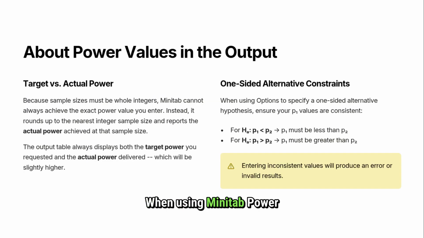combination. When using Minitab power and sample size, you may notice that the actual power reported in the output is slightly different from the target power that you entered. This occurs because sample sizes must be whole numbers, and Minitab cannot calculate a fraction of a sample. For example, if you request a target power of 80%, Minitab will calculate the nearest whole number sample size that meets or exceeds this requirement. As a result, the software often rounds the sample size up and reports an actual power that is slightly higher than the target value. Therefore, it is normal to see a small difference between the target power and actual power